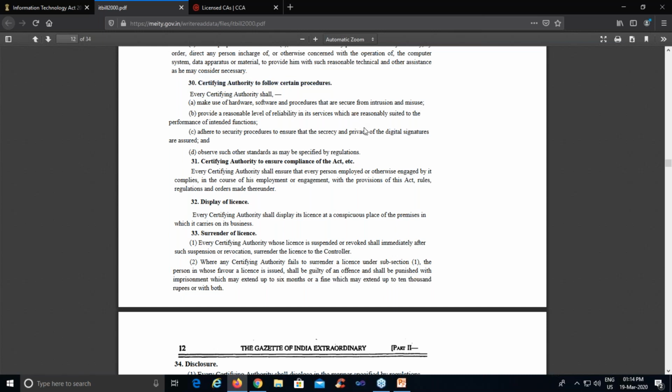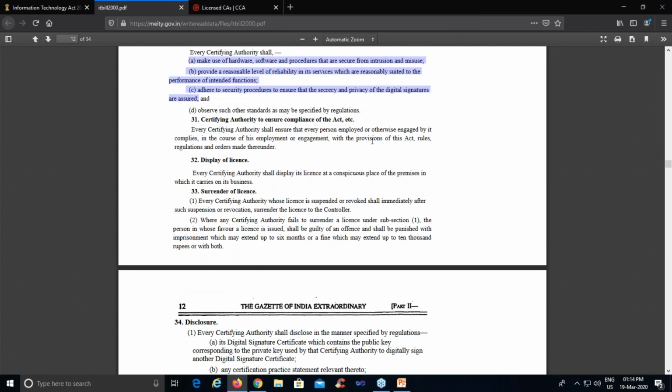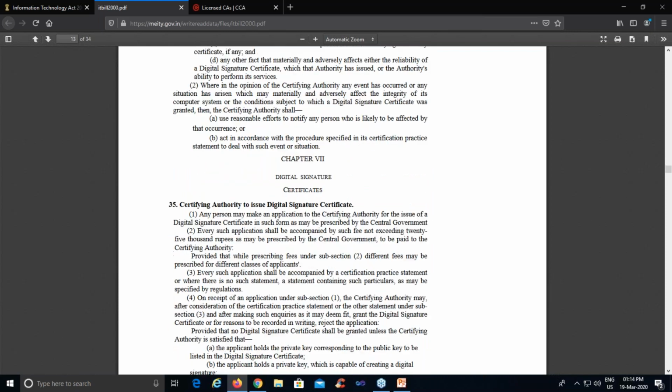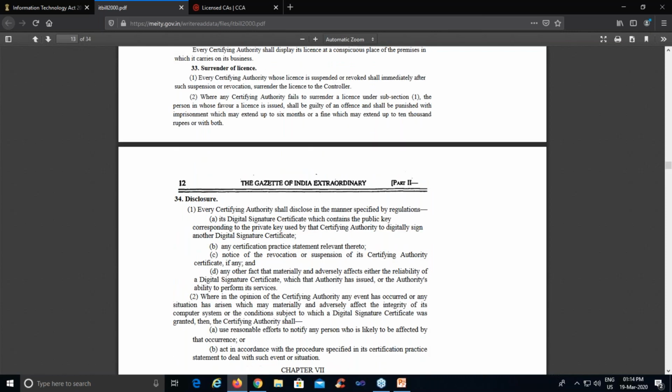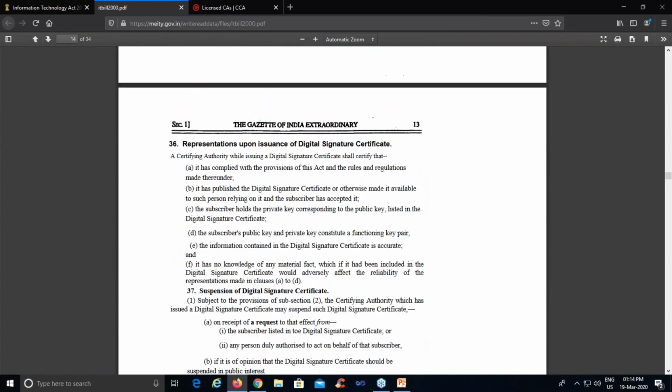But you should follow section number 30. Okay, so here you can see certifying authority also, and we will see.